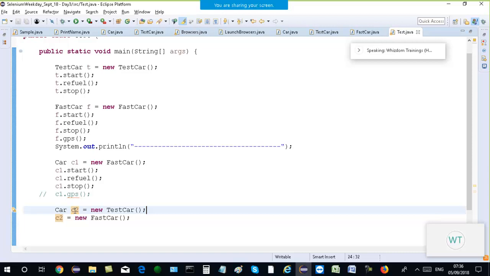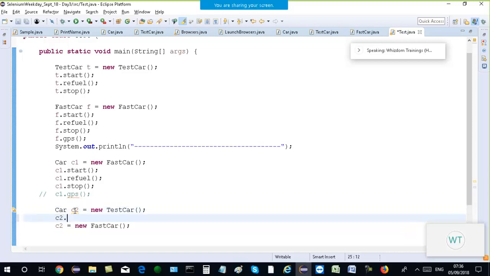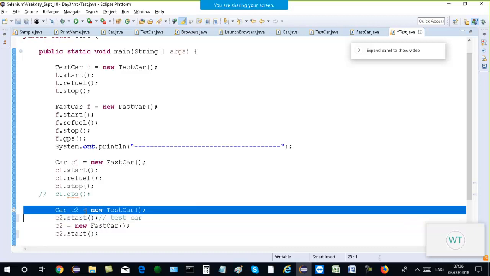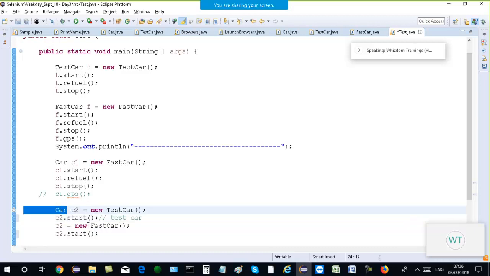If I write C2 dot start over here, this will call the start function in the test car because C2 was pointing towards test car. Once you move it to some other class, this will call the function of the fast car. So if you run this code,